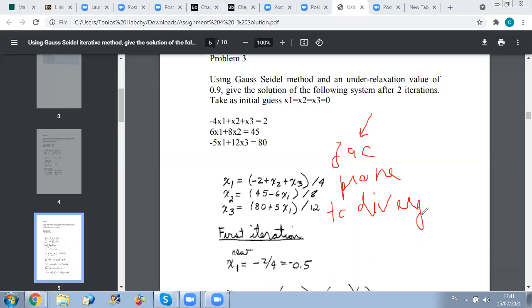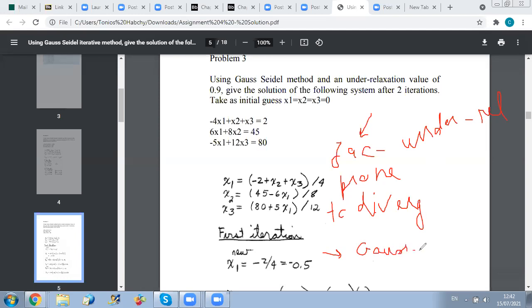Furthermore, if we used Jacobi and it stayed divergent, we can recommend doing under relaxation. So when the system is prone to divergence, it's recommended to use Jacobi and under relaxation. I might still not reach a solution, but I can try this. While if my system is diagonally dominant, meaning I'm sure it's converging, then I recommend to use Gauss-Seidel